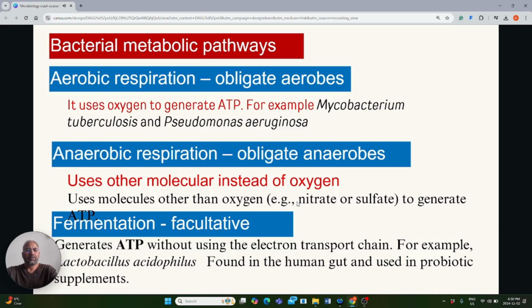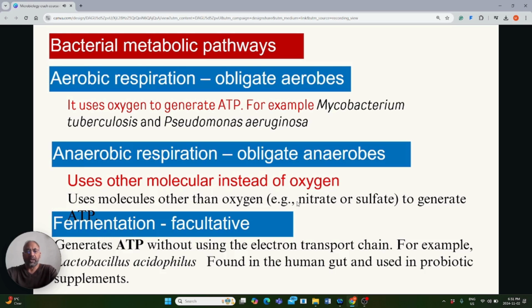And the third method of generating ATP is fermentation, where they can use oxygen and can also exist without oxygen. An example of these is Lactobacillus acidophilus. They are mostly used as probiotic supplements, which we may be able to find in most department stores. These probiotics are mainly composed of this Lactobacillus, which is a human gut probiotic,